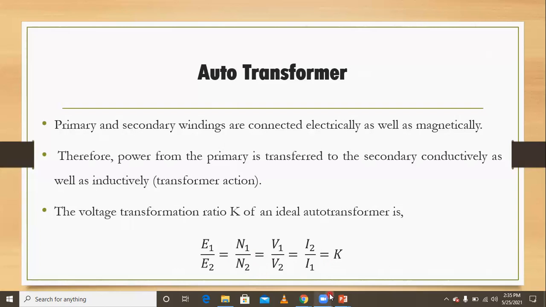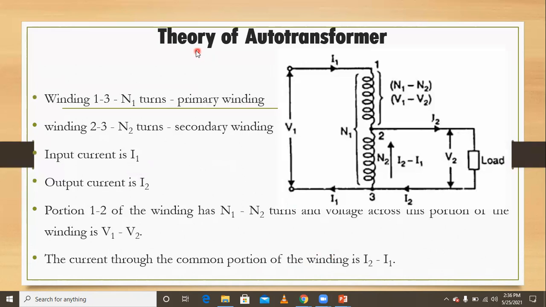So we have already considered here the transformation ratio, the voltage transformation ratio, K. Here I'm assuming E1 by E2 is equal to N1 by N2, which is equal to some constant that is called K, let us assume. Then, the turns between 1 and 3,